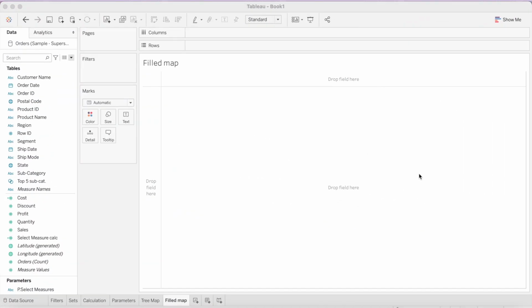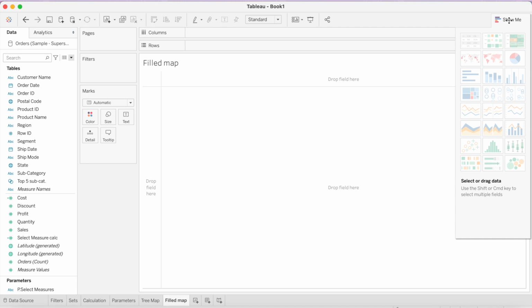Tableau. Talking about filled maps, the basic filled maps can be easily created using the show me option here. So let's say we want to know profit by each state. The only thing that you need to do is just click on the geographic dimension.